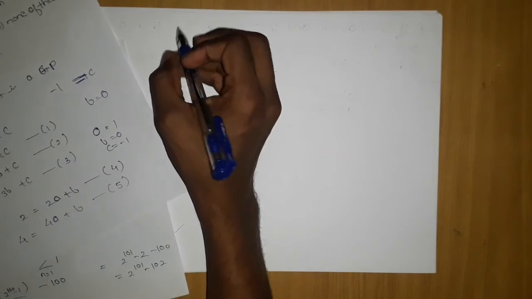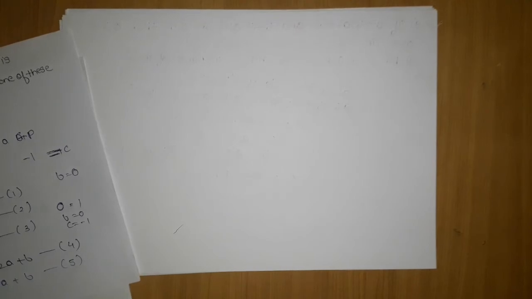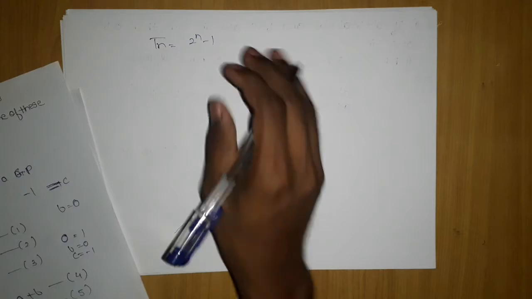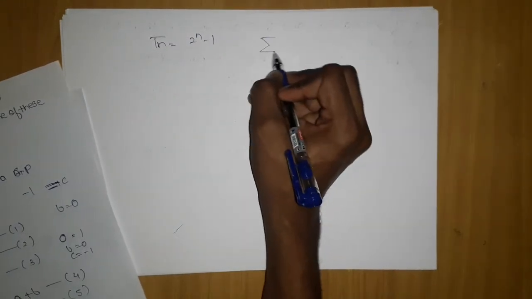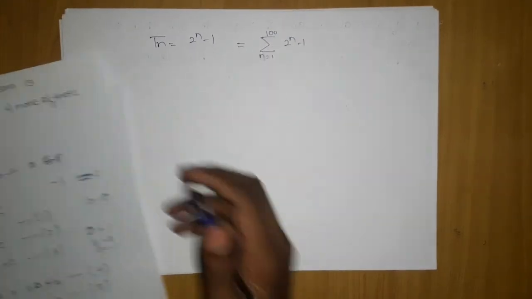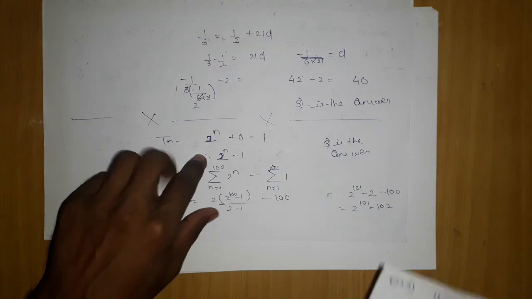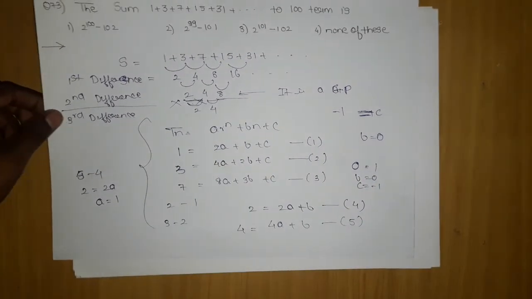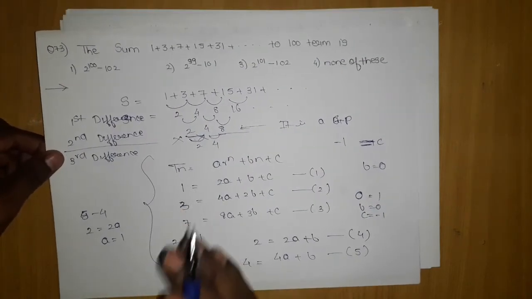Now the other way is based on your observation. I have told you that if your observation is high, then you don't have to go for these difference method and ratio method. When I was teaching those methods, I already told you that they are used just to get Tn. If you can observe that our Tn is 2 power n minus 1, then your job is done. All you need to do is the summation n equals 1 to 100 of 2 power n minus 1. That directly takes you to the final step, which we derived with so much calculation here. But this method is foolproof. It will give you a perfect answer.